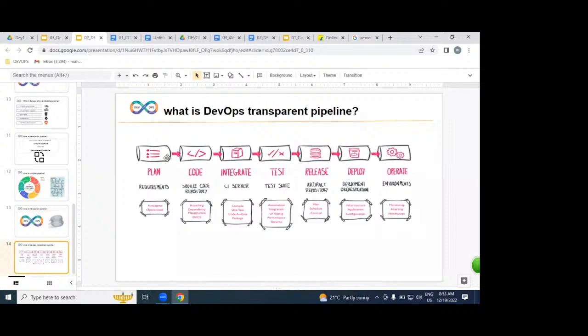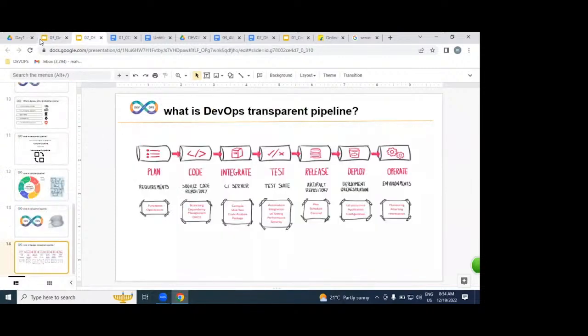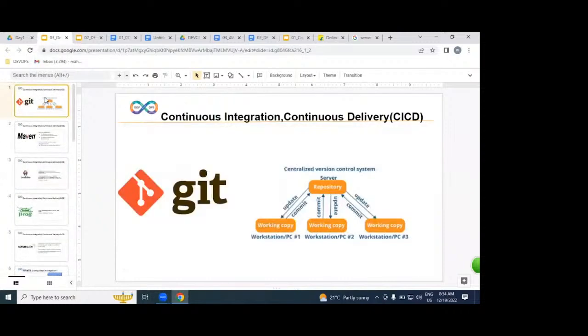How exactly do these tools fit into this diagram? Let us understand. Firstly, n number of developers write code. That code is maintained by whom? The DevOps engineer. But which tool does the DevOps engineer use? Git. Git is a version control.